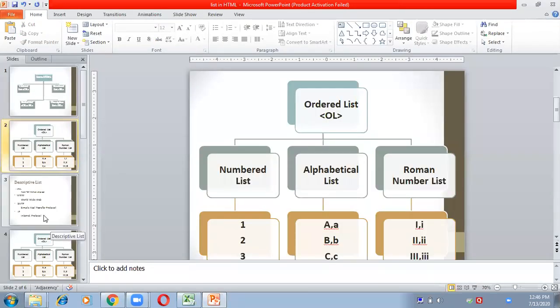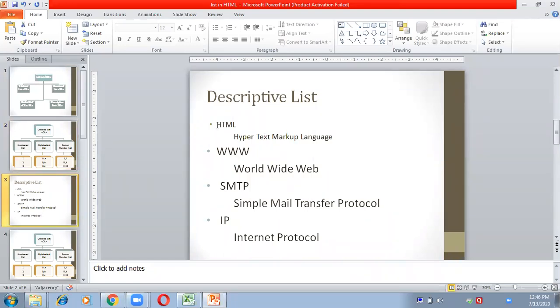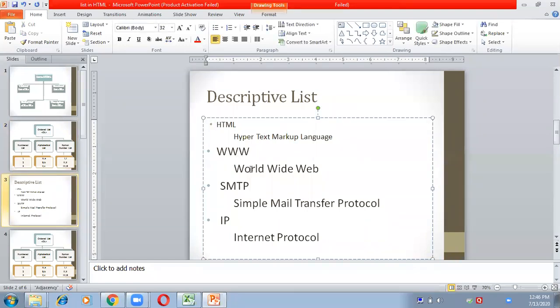Format painter. Suppose, as everybody can see, this WWW and World Wide Web line is the same content, but the formatting of this line is not matching with the first line. So I want the first line to also appear in the same way.